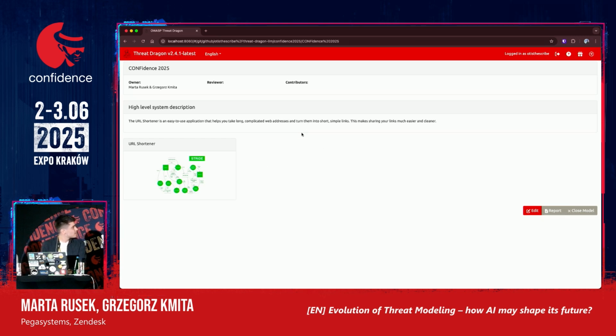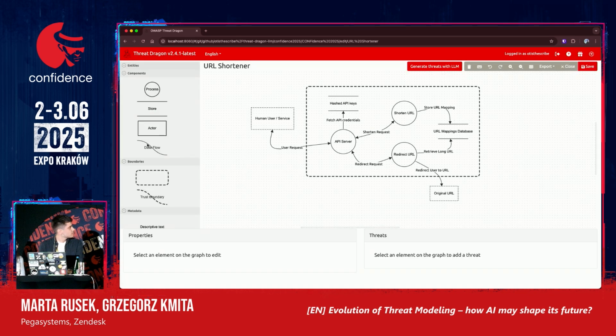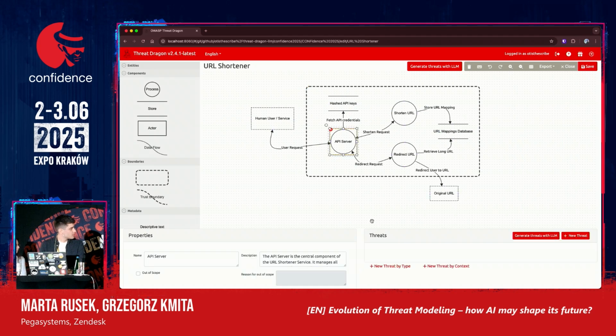Okay, so this is how Threat Dragon looks. So you have a project, you have a description of your service, you can have multiple diagrams. We have one because the service is very simple. So okay, let's go in. It is kind of the same. I also added authentication to this service. So if you want to shorten the URL, you need to have a valid API token. That's the only change. And technically, what you could do is go to each component,